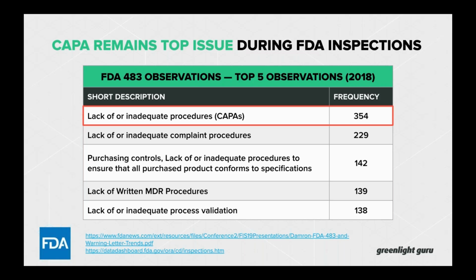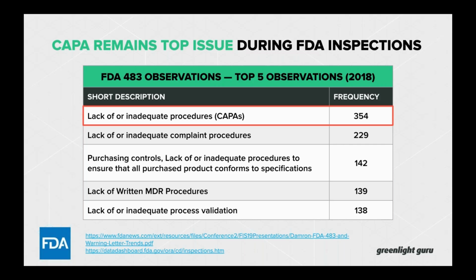Now, I wish we had this sort of data from an ISO audit perspective. To my knowledge, I'm not aware of any resource that publishes ISO audit findings. If any of you happen to know of such a source, please send that over to me. I'd love to dive in and evaluate that. But CAPA, lack of or inadequate CAPA procedures time and time again is one of the biggest issues from an FDA perspective. And kind of makes sense though, and I'll talk a little bit more about this throughout today's presentation,